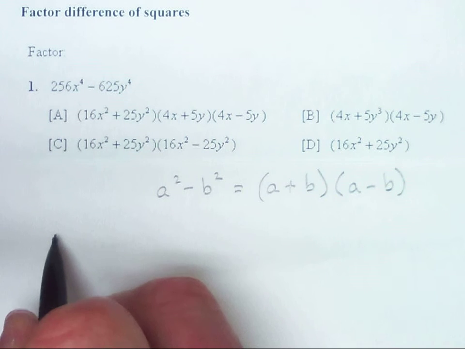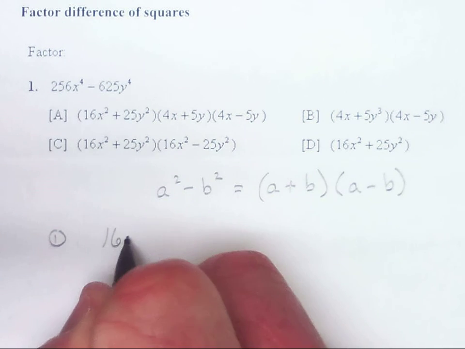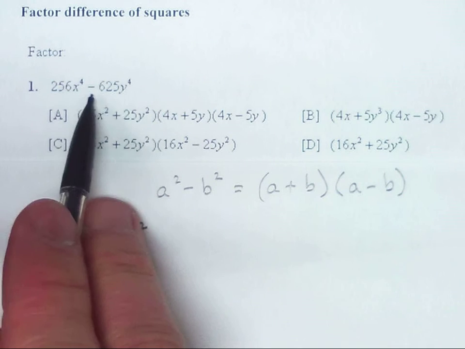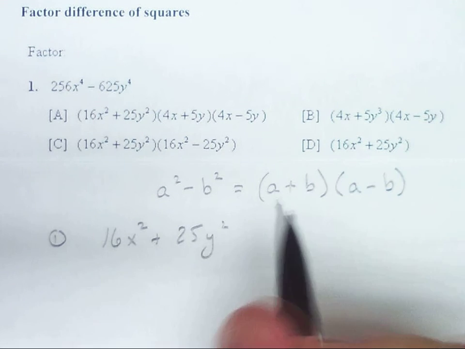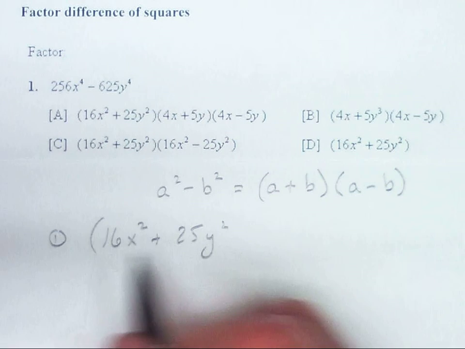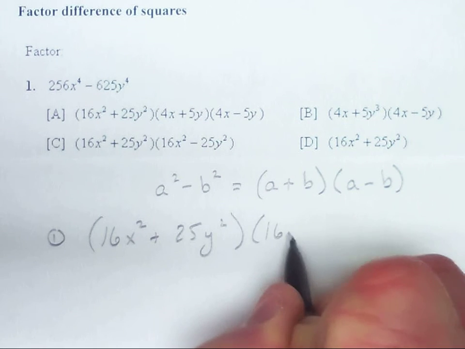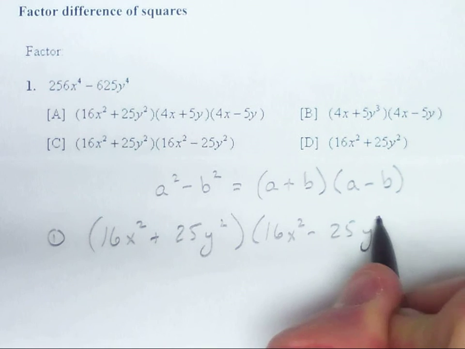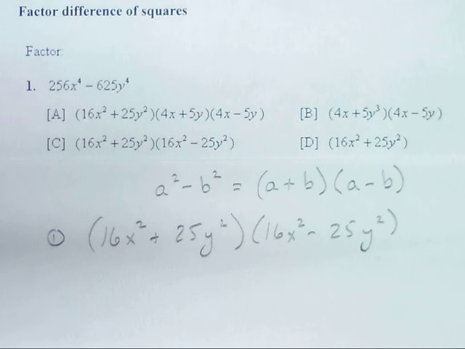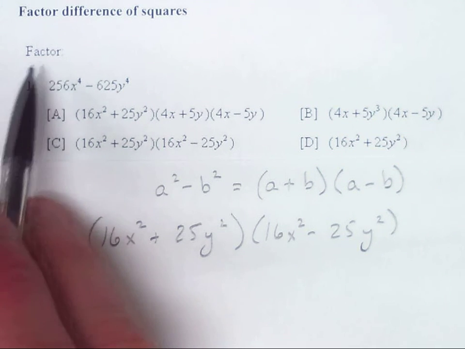So in number 1, I can take the square root of the first term, which is 16x squared, plus the square root of the second term, which is 25y squared, times the square root of the first term, which is 16x squared, minus the square root of the second term, which is 25y squared. Now, when they ask us to factor, it's implied that they want us to factor completely